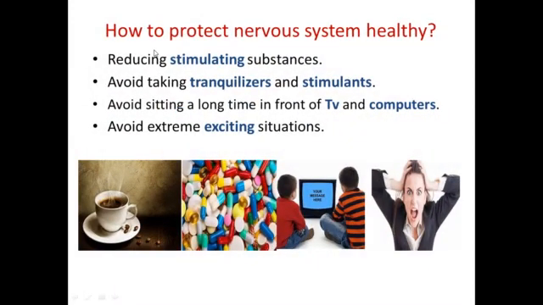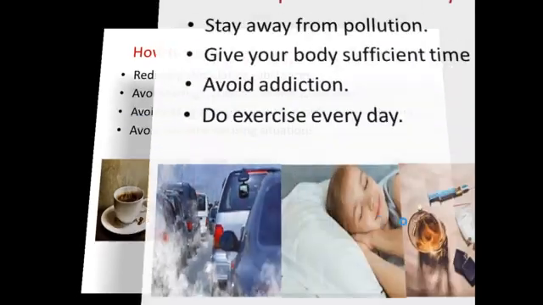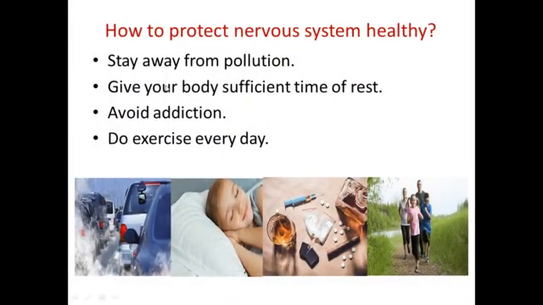The last part of our lesson: how to protect your nervous system health. First, you must reduce taking in stimulating substances like coffee and tea. Avoid taking tranquilizers and stimulants, as they have harmful side effects on our body. Avoid sitting for a long time in front of TV and computers, as they harm your eyes. Avoid extremely exciting situations. Also, stay away from pollution to keep your body healthy, especially your eyes, which are affected